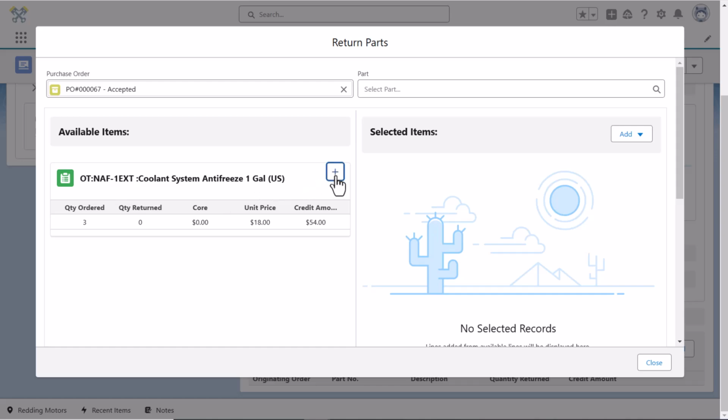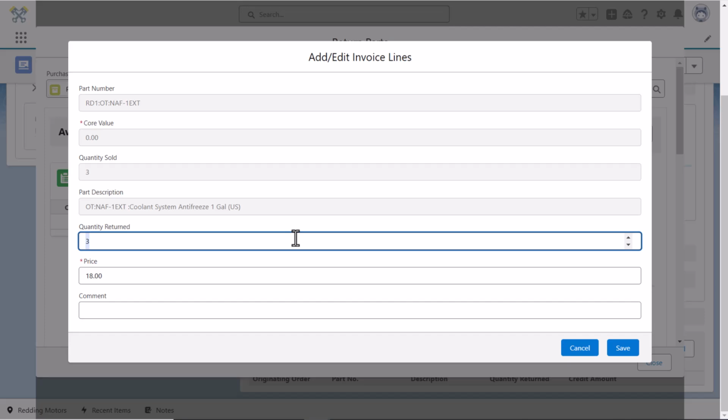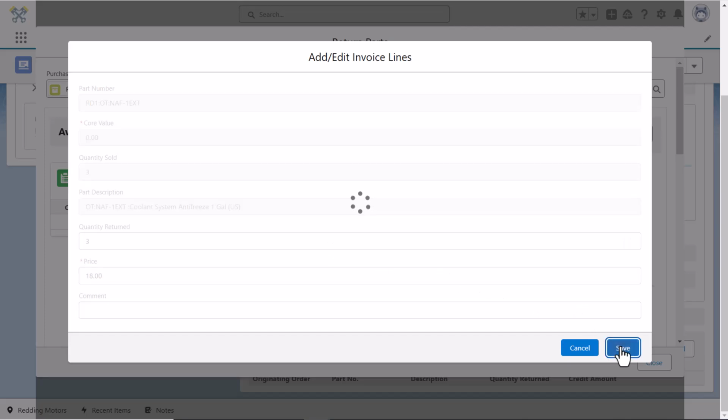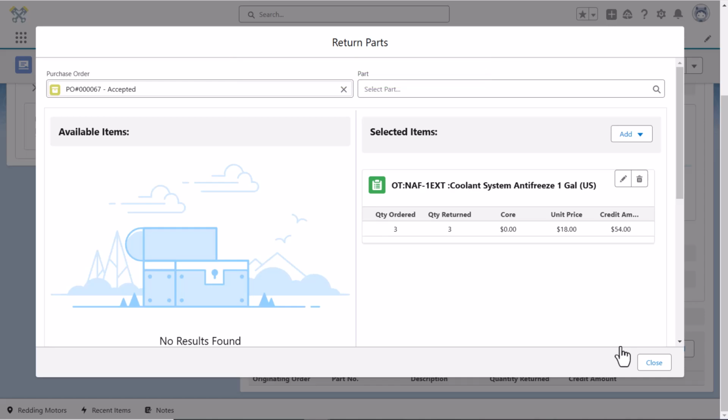Click the plus button next to the desired item to move it to the Selected Items section. A pop-up modal will appear, allowing you to update the quantity of parts being returned and add any relevant comments. Make sure the quantity doesn't exceed what was sold. Click Save to confirm. You'll be redirected back to the Return Parts screen, where the selected part will now appear